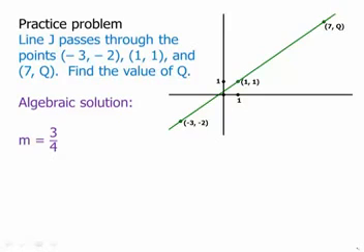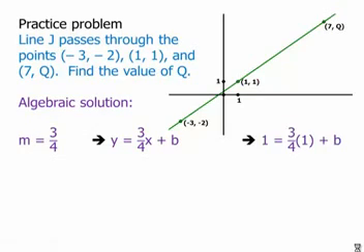We find the slope from those 2 known points, -3, -2, and 1, 1. We have a rise of 3 and a run of 4. So rise over run is 3/4. So that's the slope. Now we'll plug that in to y equals mx plus b. We can plug either one of the points in. I'm going to say that plugging in 1, 1 is going to be much easier than plugging in -3, -2. I get to choose, so I'm going to choose the easier one. I'm going to plug in 1, 1,